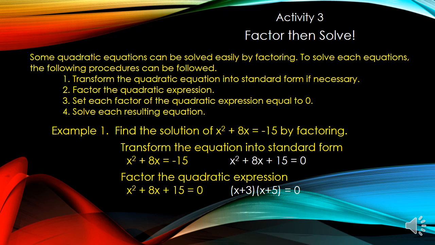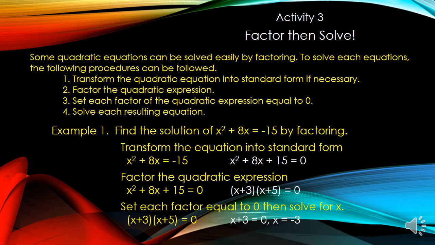We are now ready to do steps number 3 and number 4. So set each factor equal to 0, then solve for x. For the first factor, x plus 3, equate it with 0. So that is x plus 3 equals 0. Then solve for x. X is equal to negative 3. For the second factor, x plus 5 equals 0. X is equal to negative 5. Therefore, negative 3 and negative 5 are the solutions or roots of the quadratic equation